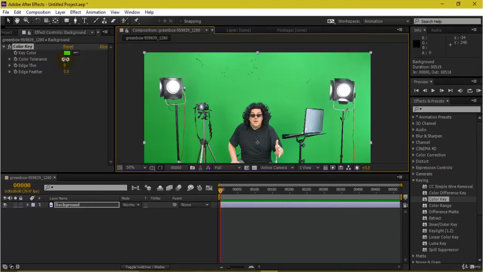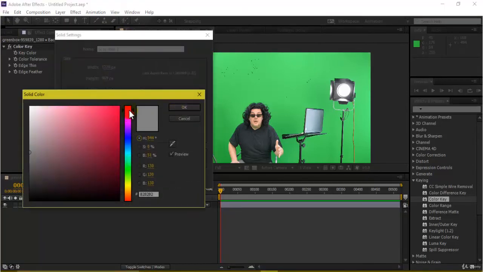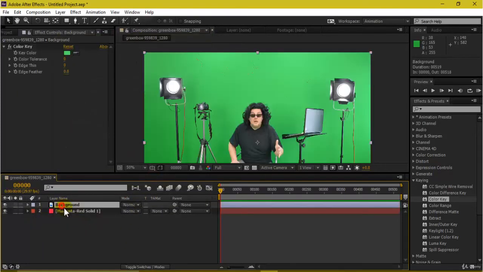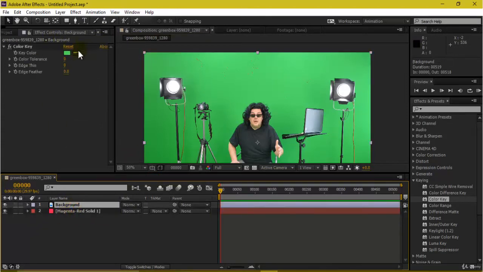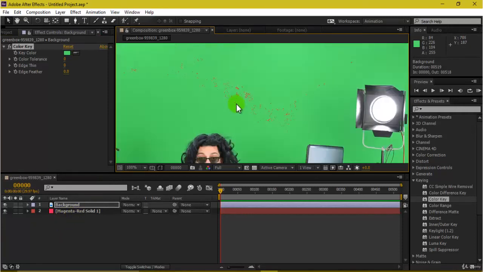The moment I increase this, you'll be able to see that this area is becoming black, which means it is not producing any color, but that particular area is being transparent. For that, you can take a solid. The shortcut for that is Control Y, which I just did, and I will be taking, suppose, a pink kind of color, and I will be placing this behind so that you are able to view this on your background. This is just for your viewing purpose. I've already selected my color, and now you're able to see pink because I have inserted this pink on my background.